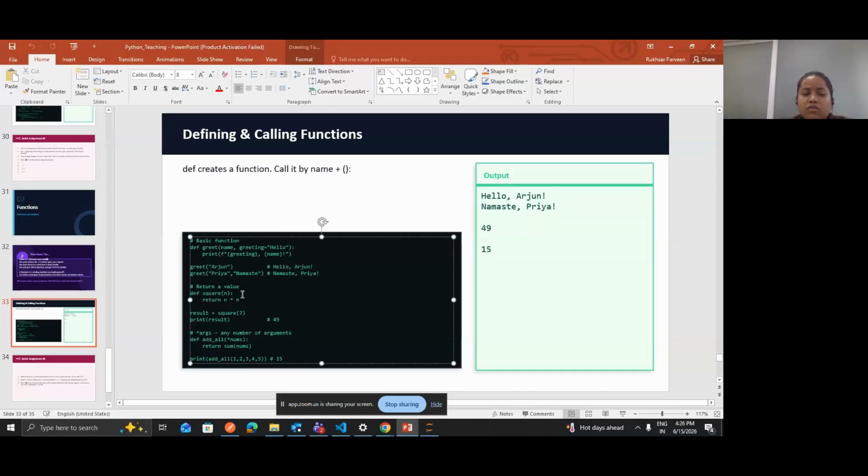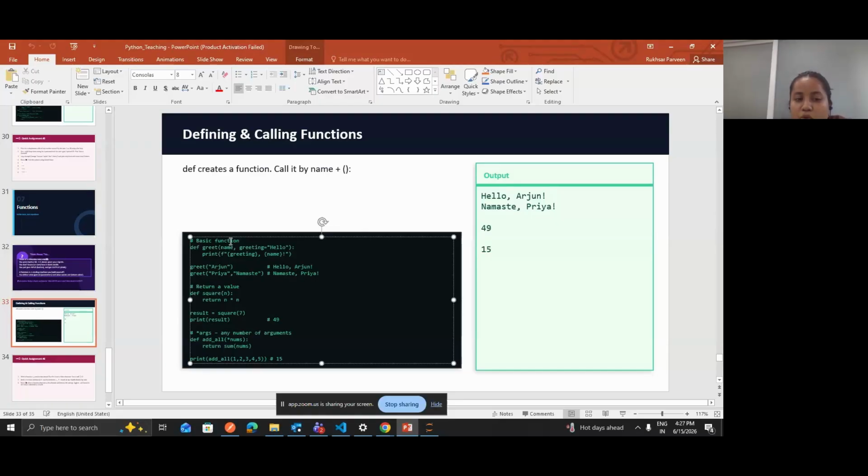So this is how you define a function, and wherever you want to utilize this function, you can simply call it. One more point: the order is maintained, it is ordered. It means the name should go before the greeting. You should not pass Namaste first and Priya second. What will happen if you write Namaste first?